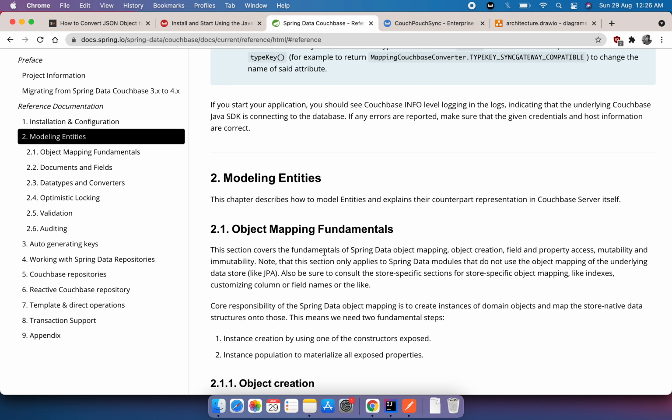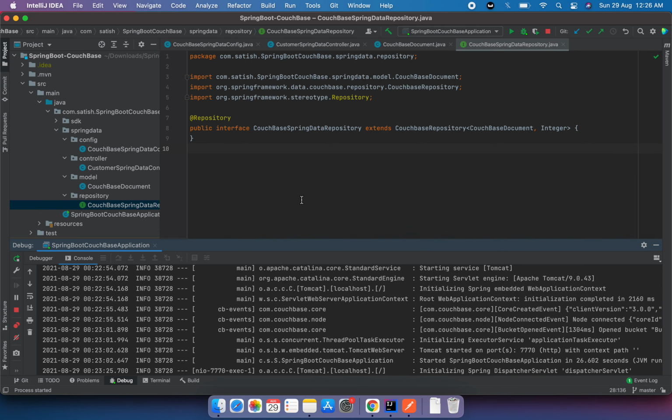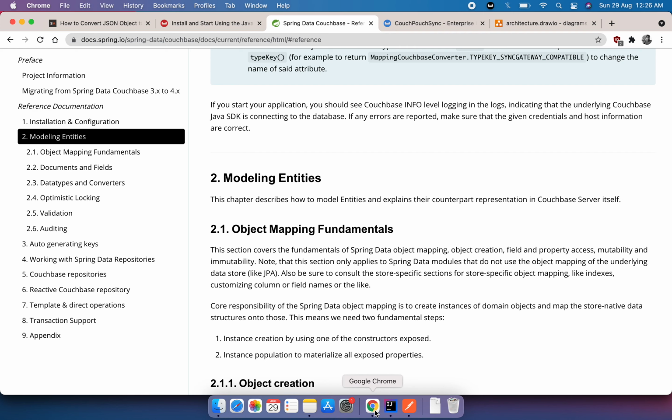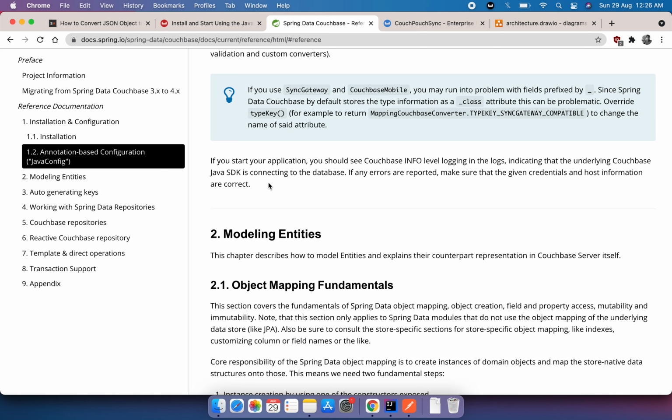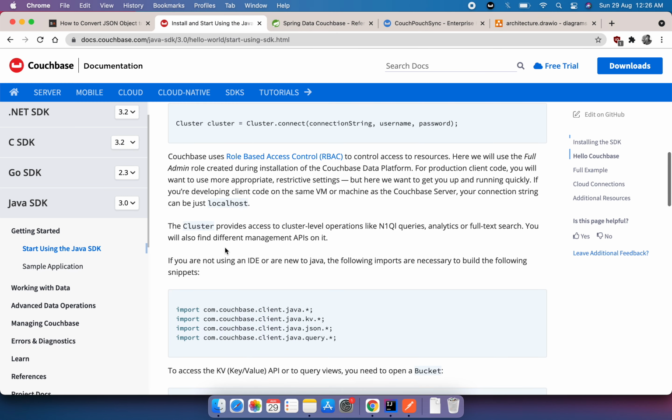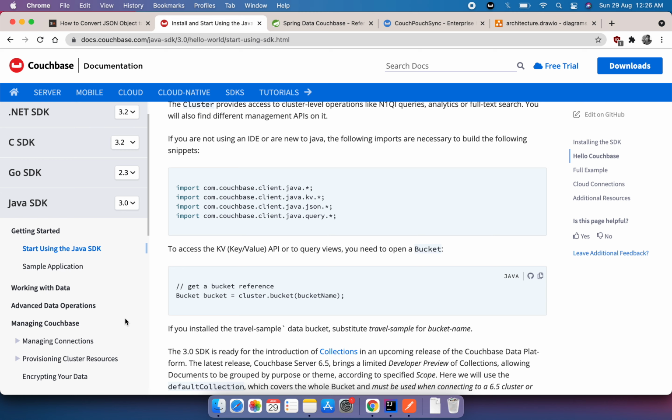And one more thing, there can be scenarios where it's running on your machine but it might not run in the environment where you need to deploy. Let's say I need to deploy this code to some production or alpha environment. In that case as well, there can be scenarios where it might not work. So you need to try out different ways. One common thing is changing the version, and another is, if you are using the Java SDK, you can look at the different ways to make a connection.